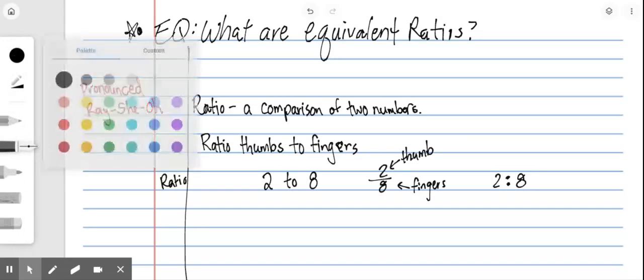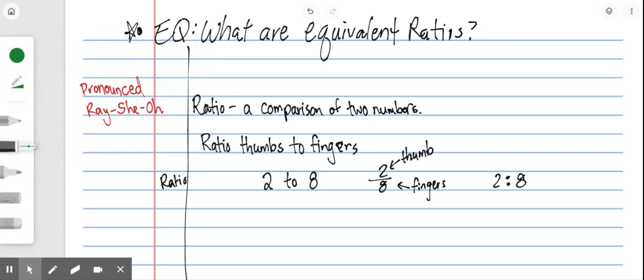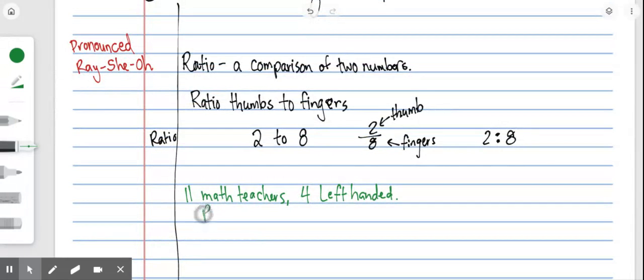Okay, so let's talk about a second type of ratio, or a second ratio. How about, okay, at our school, there are 11 math teachers, and 4 of them are left-handed. Okay. So then if I were to write a ratio of left-handed to right-handed teachers,